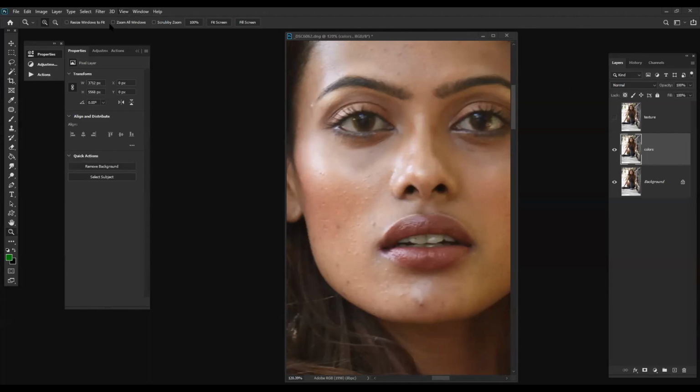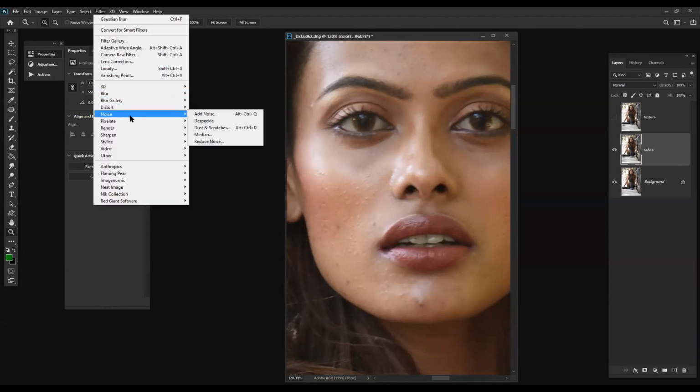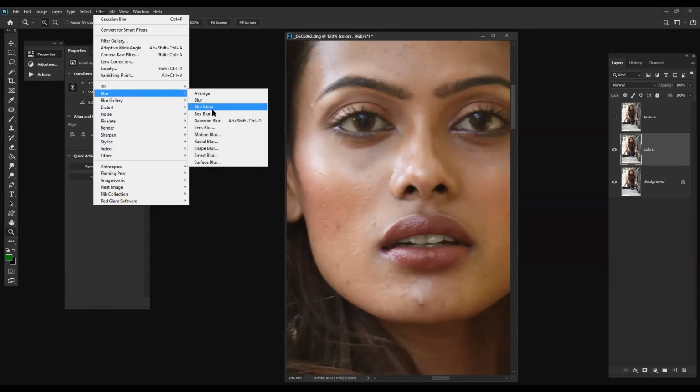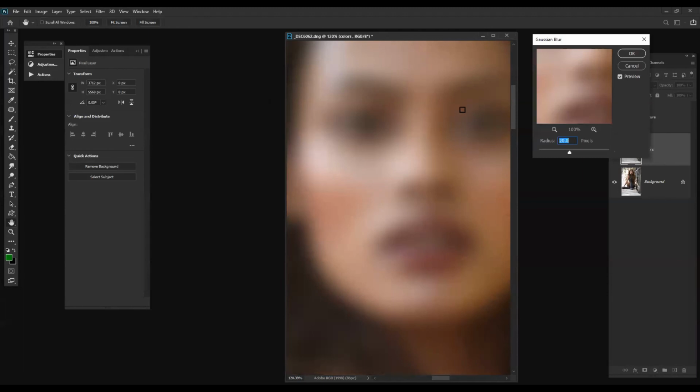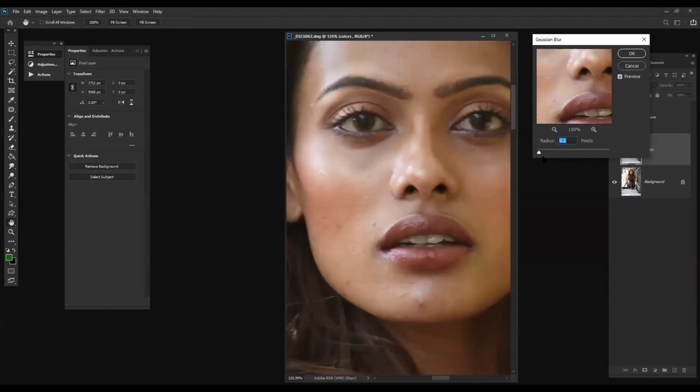So we go here, filter. Just keep informing me if you are able to see the image. 20 is overboard. You can't see the lines, the details, anything. So we have to go back to 0. Now we take the tip over here and start scrolling it.